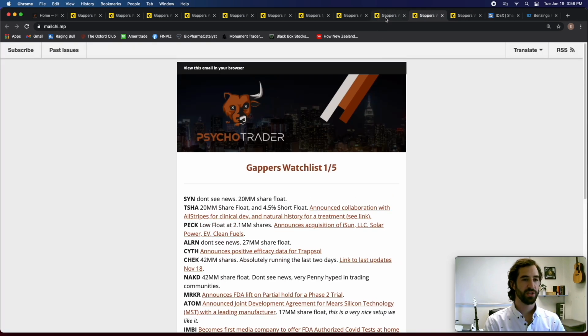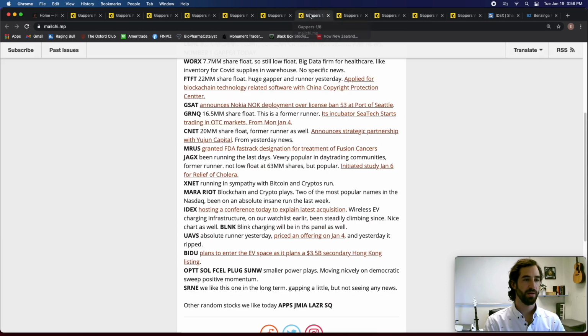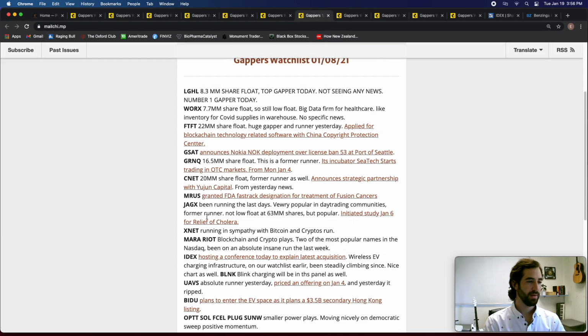We first mentioned this stock on the 8th, okay? Here you can see it. GSAT announces Nokia deployment over license band 53 at Port of Seattle, all right? You can go in there, see what the news is all about. If you're into tech and you understand about these communication stuff, this will be something that you would be able to look at, understand, and use your criteria to see if this is a play that you would like or